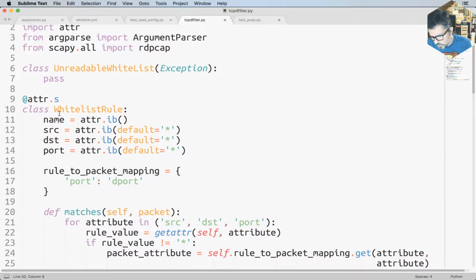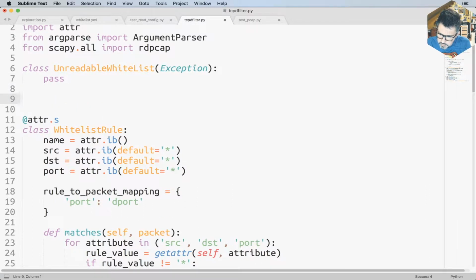So it would look a lot like a whitelist rule. So maybe I could do something like